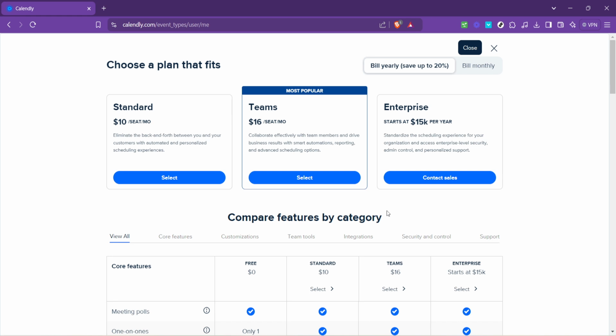This not only adjusts your subscription to better match your usage, but also ensures you're not paying for features you don't need. Remember, the beauty of Calendly lies in its flexibility. As your scheduling requirements change, so too can your Calendly plan. Whether you're scaling up or down, the platform is designed to support your evolving needs, making it an efficient tool for managing appointments and meetings.